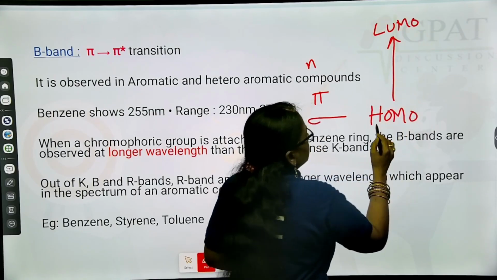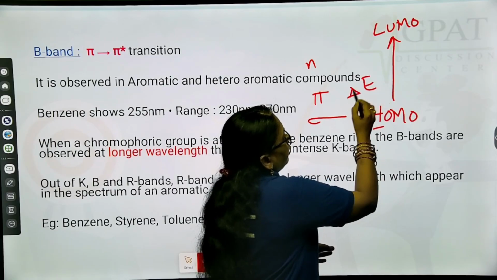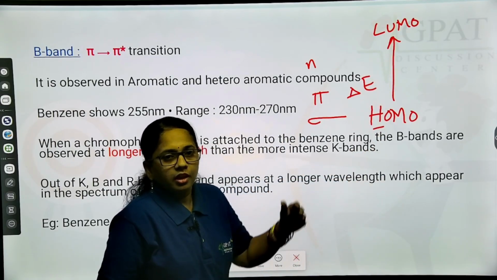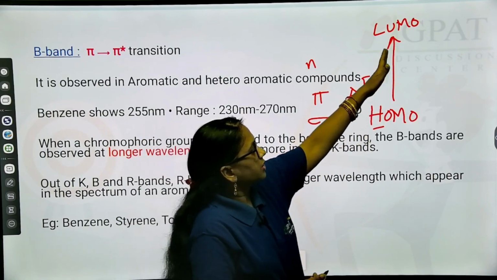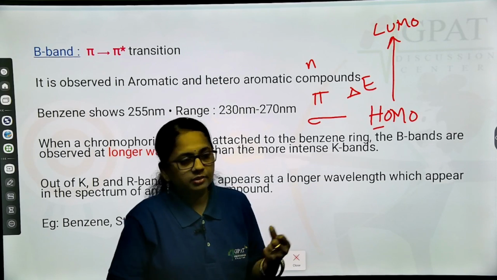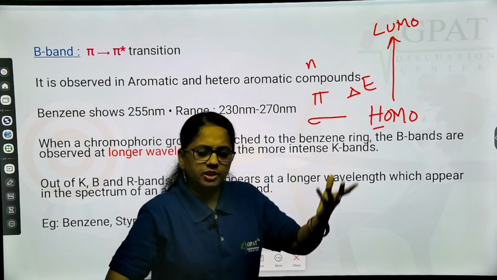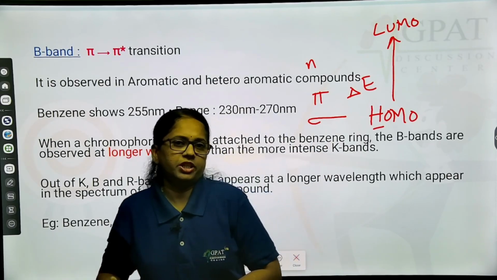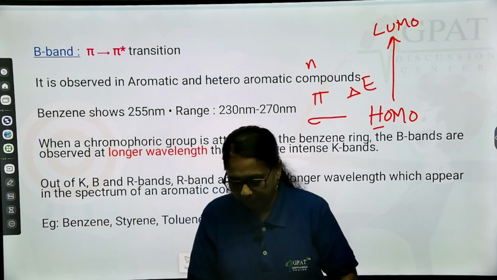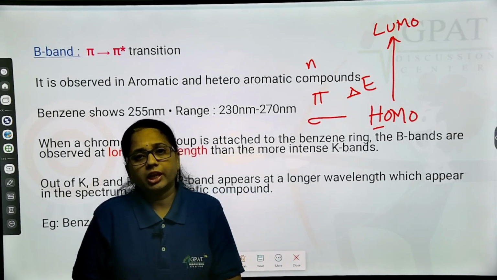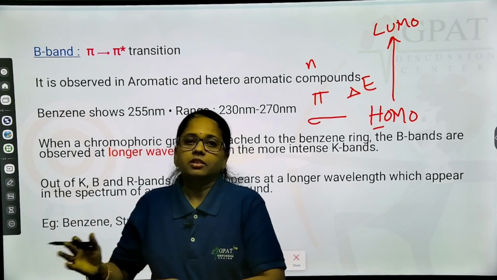That means highest occupied molecular orbitals. Whenever energy is given, then the electrons present in the valency electrons, or otherwise molecular orbitals, all those types of electrons will get the energy and will be excited from the ground state to the excited state. Okay, so in those excited states, again you are going to see singlet state and triplet state. That is based on the electronic spin, it is going to be different. But we know that all the types of electronic transitions are going to cause absorption in the UV